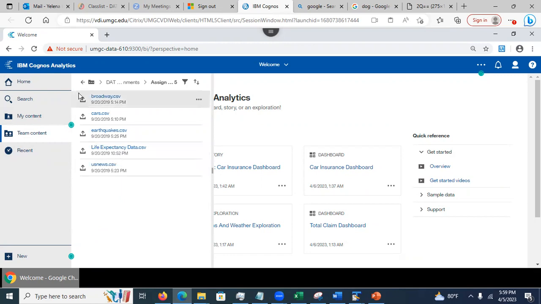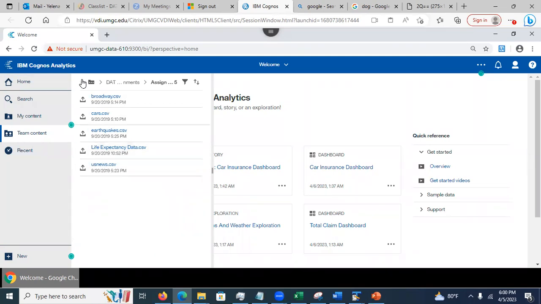Well, do you see this? You have 5 choices of the data set. If you want to challenge yourself, use life expectancy data or US News data. The purpose of the US News data is to predict the graduation rate, okay, college graduation rate. So this is a good one too, right? So what I would recommend is this. In each team, you want to select the team leader, right? And the team selects which data set you're gonna use, and then the leader will copy the data set